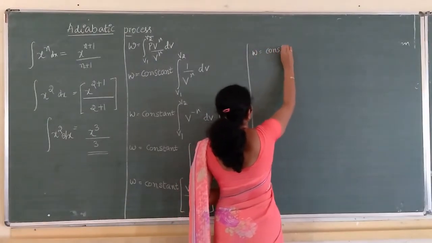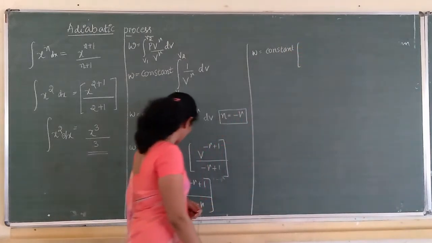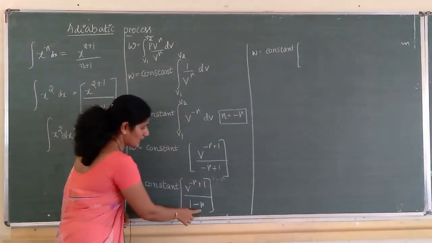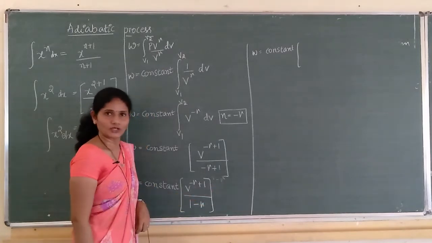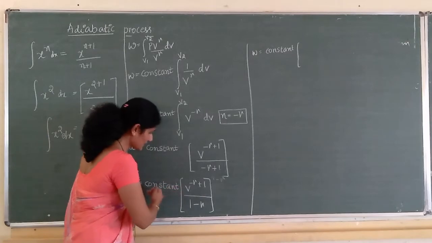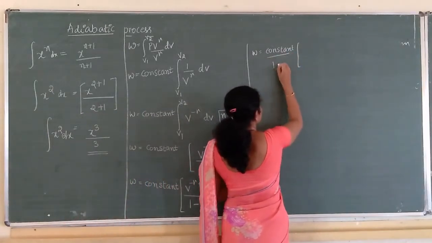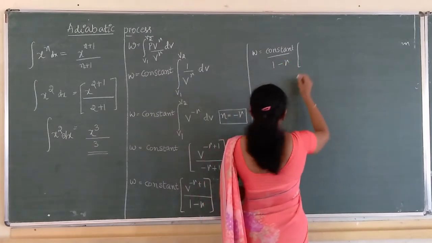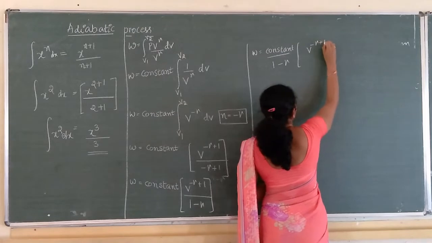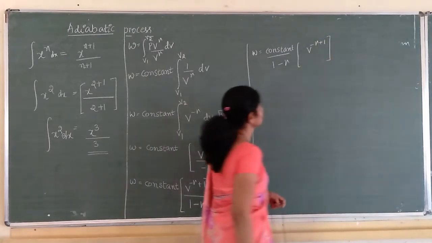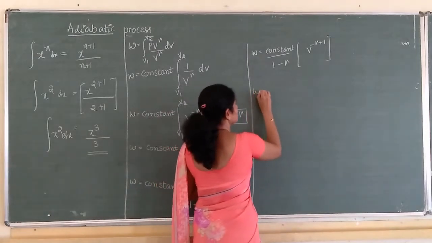Constant into... gamma is constant, so 1 minus gamma is constant, so constant divided by 1 minus gamma, a constant. Integrating gives v to the power minus gamma plus 1. So W is equal to